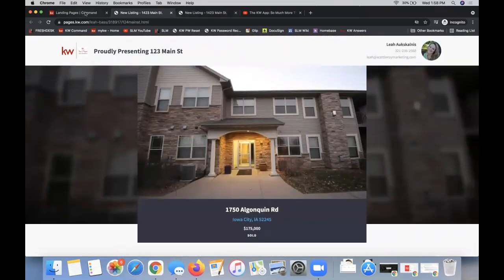All right, so that's just one idea of how you can put it on your signs. You can also add QR codes. QR codes would be best typically if you're putting this on a flyer or a postcard, when they have it in their hand. You can absolutely put a QR code on your sign, but if they're driving past your sign, they'll need their phone in order to scan the QR code. If you're not familiar with QR codes, it's pretty much like that bar scan looking thing: you pull up the camera app on your phone, and that will scan the QR code and take you to a specific